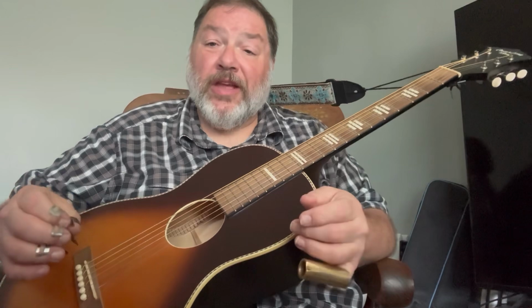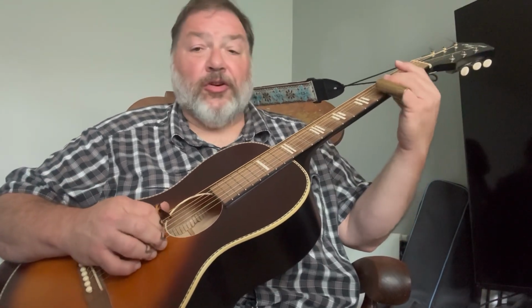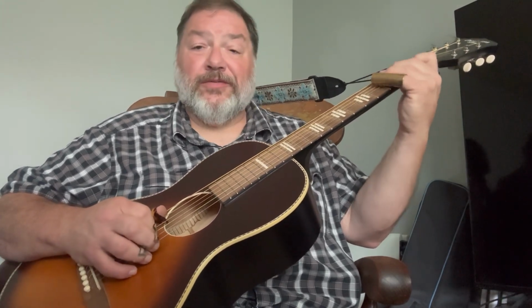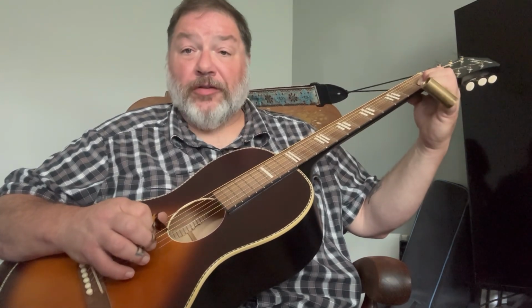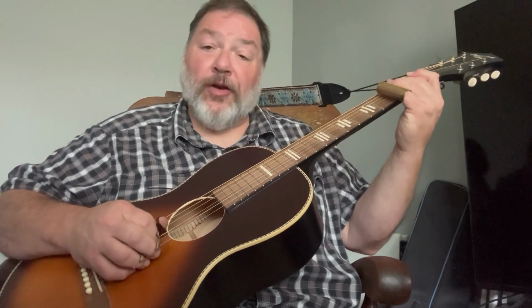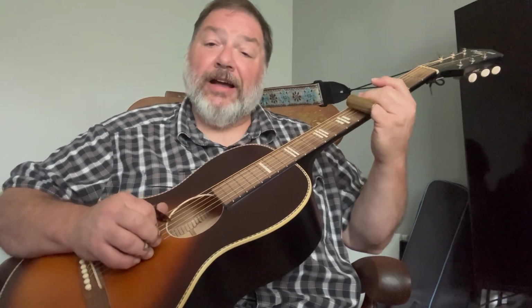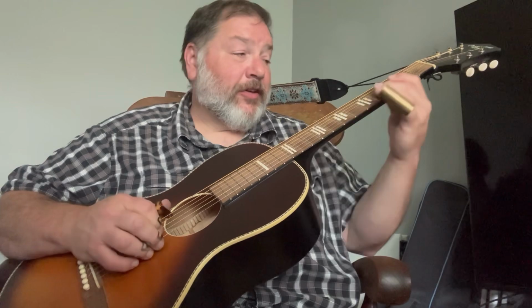And add more things in. All right, so what are we doing? We're going to take the slide to the 3rd fret and play string 2, 1, 2. And then I lift the slide up and I play with my first finger, the 1st fret on the 2nd string. So, and then 3rd fret, 3rd string, and kind of come up, and then 5, 3, open, 5 on the 4th string. So,